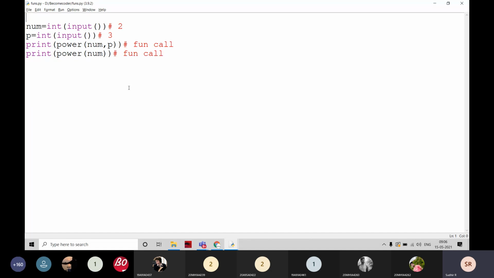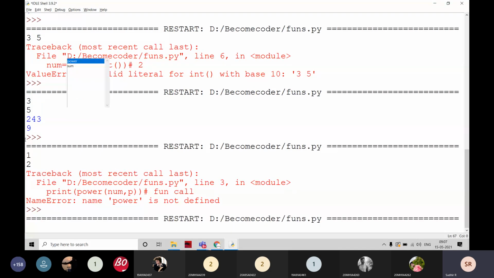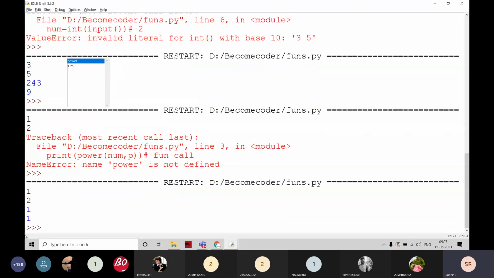To overcome it, we have to import that header file here. Simply I am going to write import. What is the name of the file? It contains functions: main_funcs. For example, as f, I can work with f dot like this, and f dot like this. If I execute it and pass 1 and 2, it is printing normally.